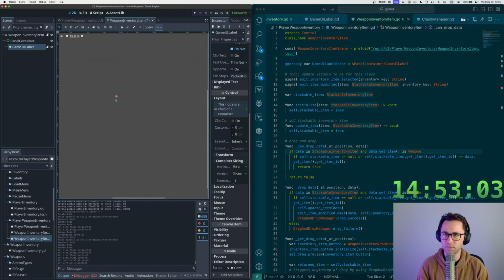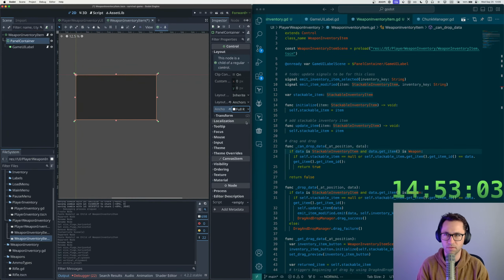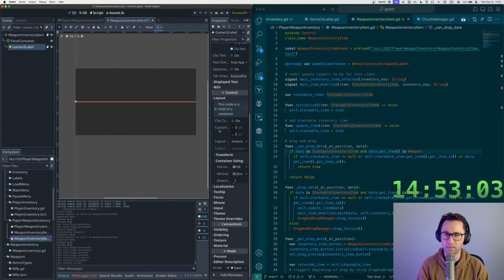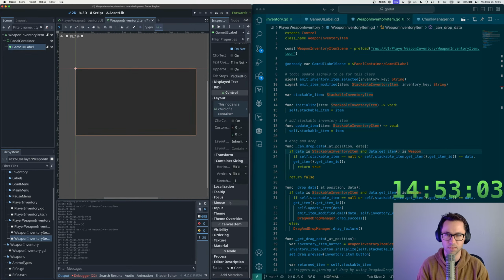Now, this is where I don't love Godot's UI system, because it definitely... Oh, there we go. I think that might fix it. Okay, so now it's the whole thing, and the game label is just very small. So vertically, we want it to fill. Great. Now we want it to center. Okay, so text is in the middle, and we'll just have to adjust the font size, but I actually